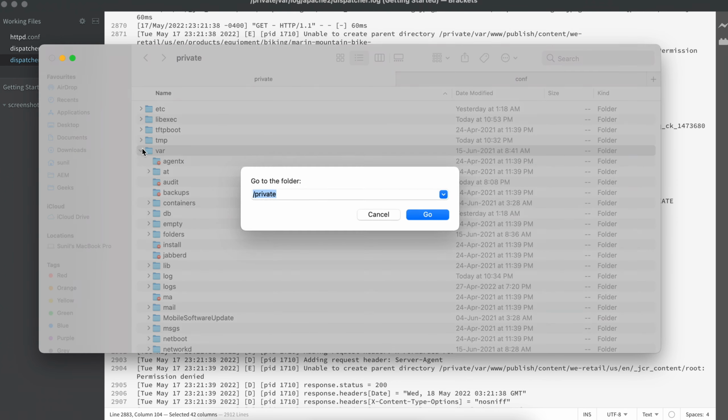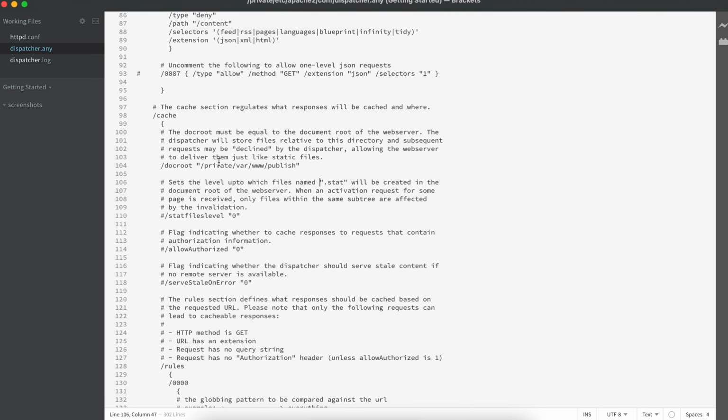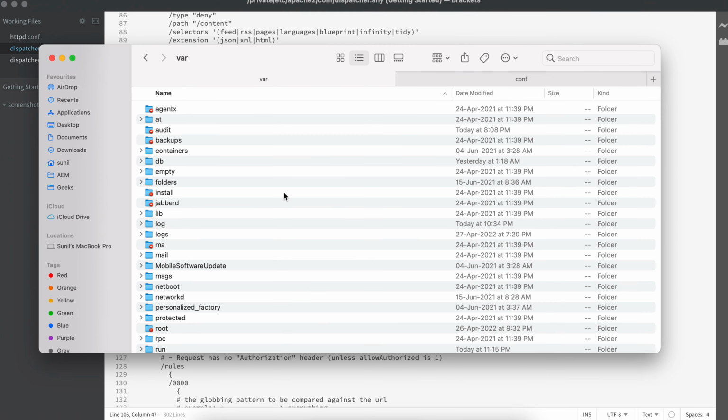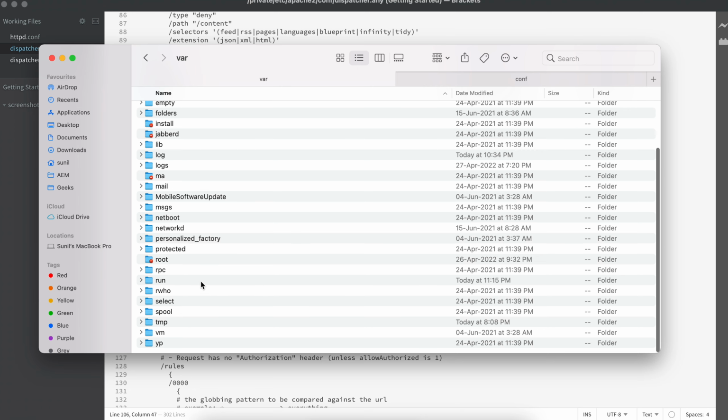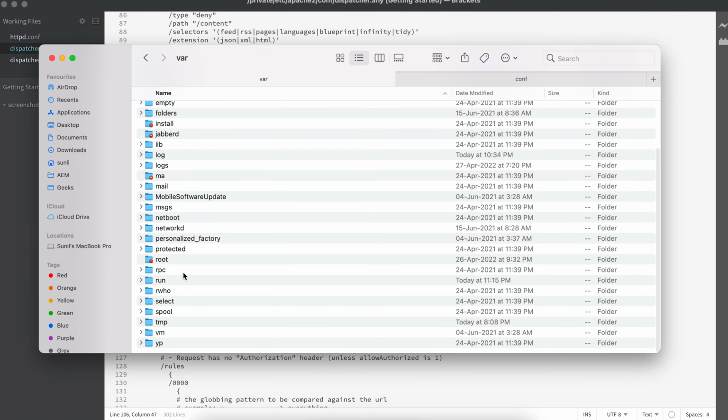Let's go to the complete path, private. And what was the path? Var publish. Var. All right. Okay, even that folder is not there, so cache is not getting created, and I should see in